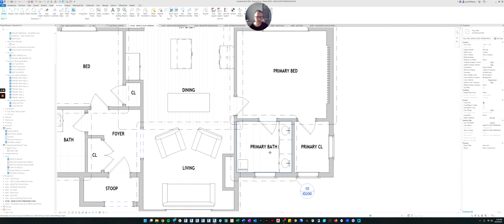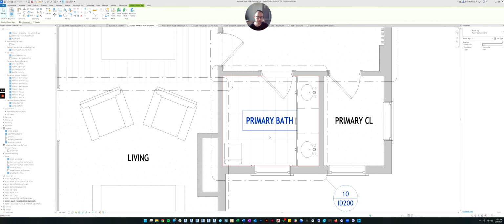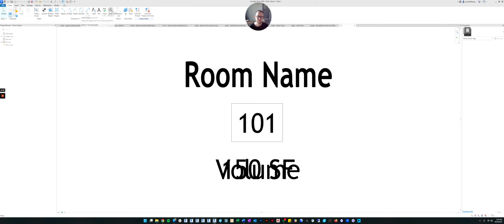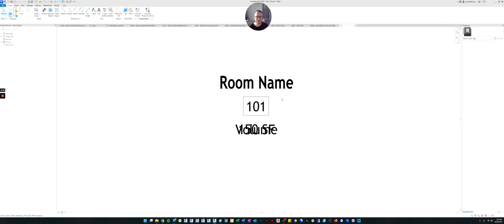So we'll double click to enter the view from the sheet. And then if you double click on the tag, oh, actually, it wants you to edit what's in the tag. We don't want that. So just highlight the tag once and then go up here and it says edit family. Click there, and it'll now bring you into the family editor. And now you've opened that tag file.